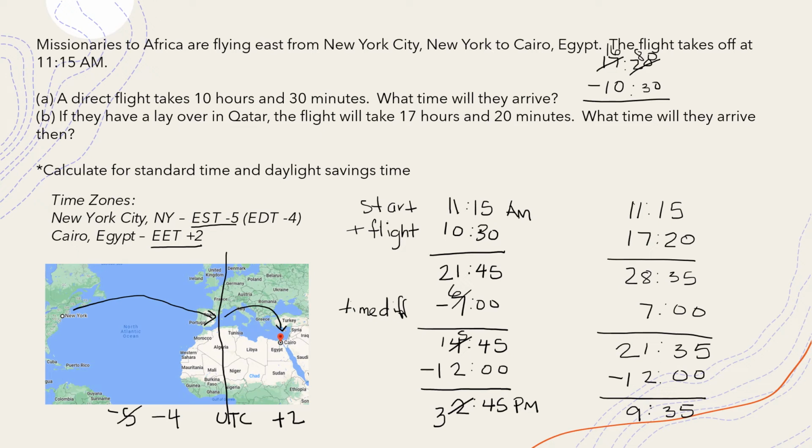I can subtract off my 10:30. When I do, this is going to become 80 minus 30 is 50 minutes. 16 minus 10 is 6. So the extra time was 6 hours and 50 minutes. I could have just added that on to this time down here. Let's say that my time was supposed to be at 2:45, just because that way we can see if I end up with 9:35. So if I add 2:45, because that would be the time that I originally was going to arrive,